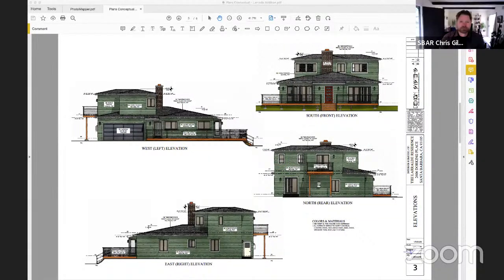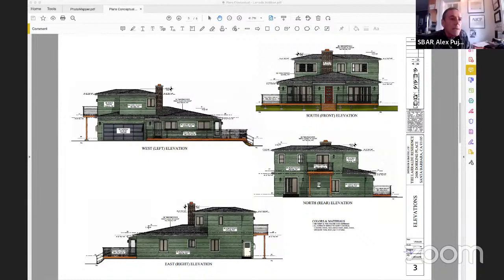And another, I would like some kind of landscape. It doesn't have to be very detailed, just an explanation of what happens in the front. Another area that I think is a little bit awkward is the back, the porch and the deck in the north. Because they